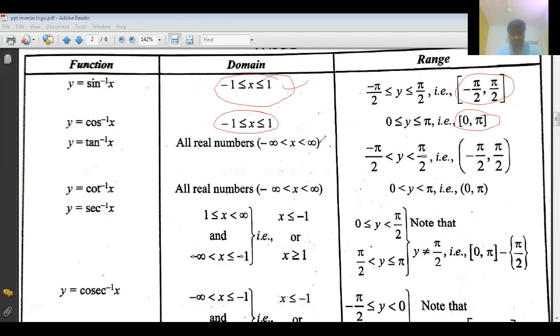Clear? Now tan inverse x, we can substitute all real values. So what is the domain of tan inverse x? R. Clear? Minus infinity to plus infinity. Now by substituting any value in tan inverse, what will you get? Range is minus pi by 2 to pi by 2, open interval. Means pi by 2 and minus pi by 2 cannot be a result for tan inverse,